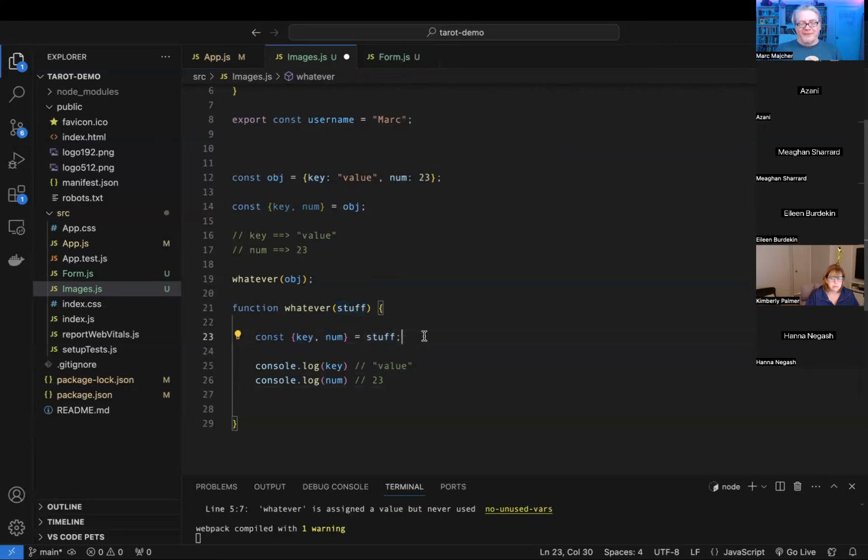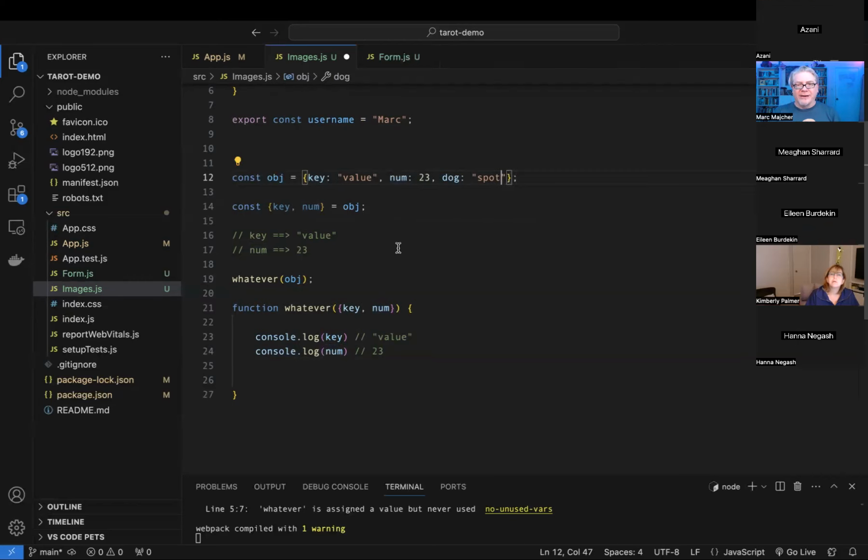And then the final evolution of that is just taking this destructuring statement and putting it right up here where I'm expecting the stuff. And so now I'm still getting that object into that function there. But instead of taking that object and using it in the function, I'm immediately destructuring that and just putting it into those variables. Downside here is, if there is another thing, if dog equals spot,